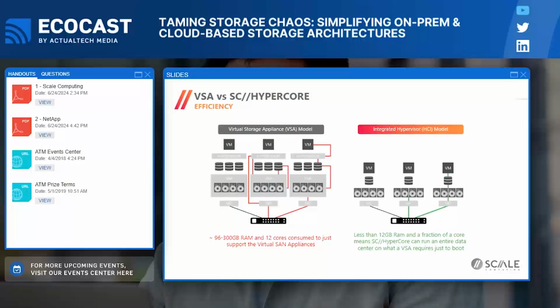And then comparing to some of the more traditional options that are out there, VSA, for example, we really use a fraction of the resources. So we make sure that the resources you're putting out on premises are used to run your workloads rather than just running the storage subsystem. For each of the individual hardware nodes in a cluster, our starting point is under 4 gigabytes for the entire hypervisor and the storage layer management.